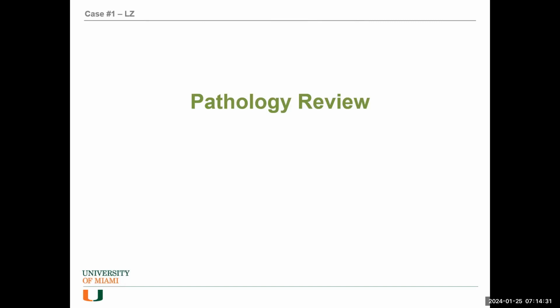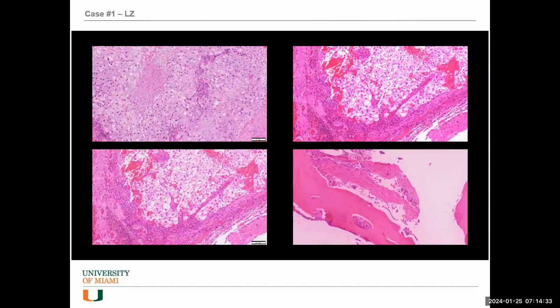So anyway, let's see. Can you move? Yeah. So the first surgery, after which Dr. Levy reached out to us and said that this pathology didn't make sense, was this one. So what it showed was there was a lot of hyaline cartilage, fragments of bone, and several